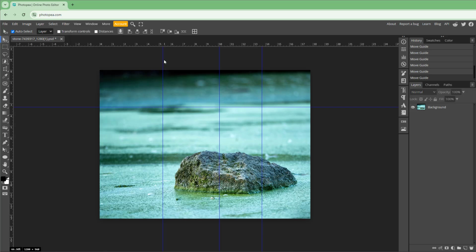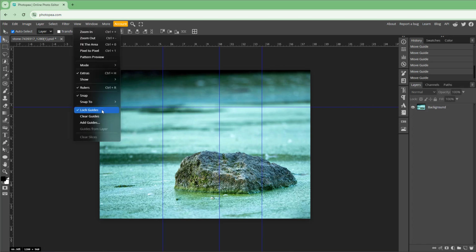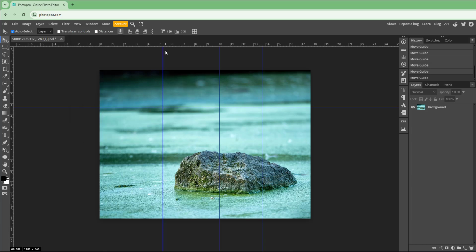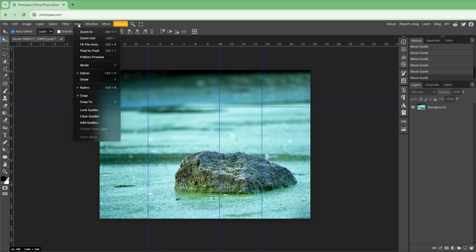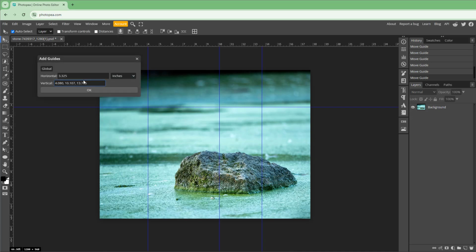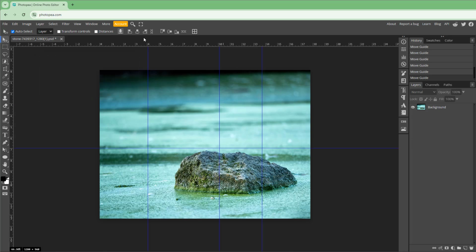So once you go ahead and lock it, you cannot move it anymore because the guides have been locked. So you can go around and unlock the guides as well so that you can move them again. You can also add guides right here. And once you go ahead onto Add Guides, you can go onto horizontal or vertical values. Let's say for example I'm adding it at 7 inches, press OK, it adds it at 7